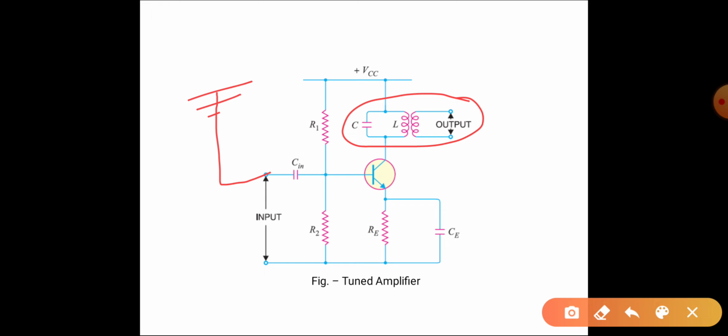So the tuned amplifier selects only a desired or particular frequency or a very narrow band of frequencies, and it amplifies that signal only. So I was saying that it rejects all other frequencies. Rejects means what? It does not amplify those other frequencies, it only amplifies that particular frequency.